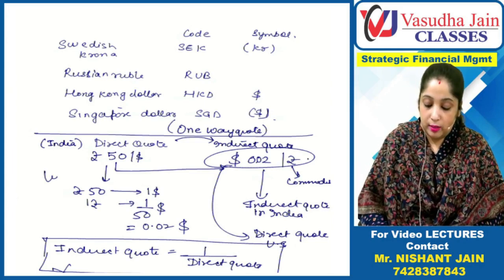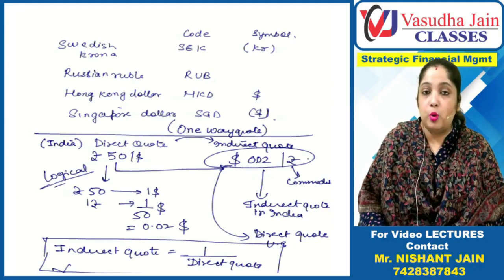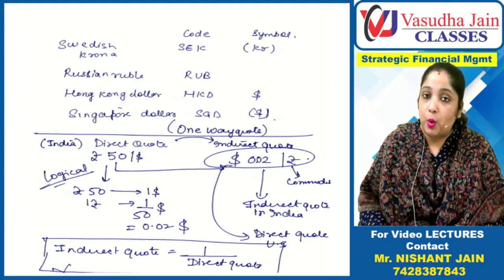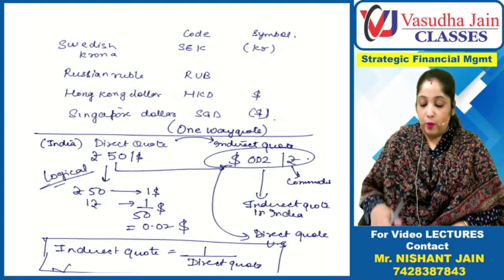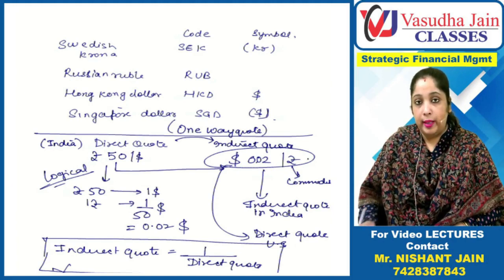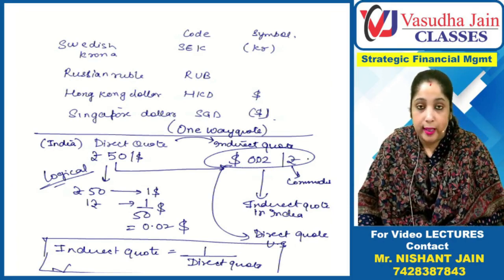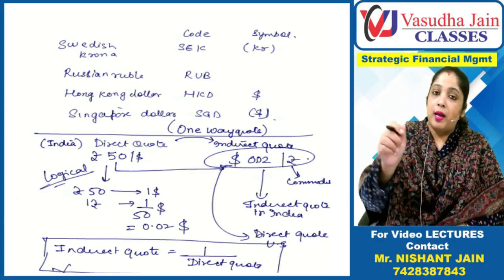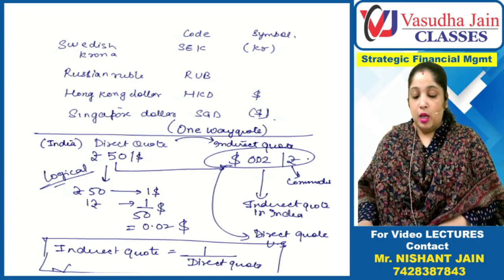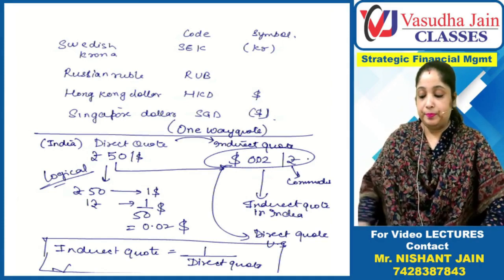And this is logical. By the unitary method, I have explained: 50 rupees is equal to $1. So 1 rupee is equal to how many dollars? Clear? Okay. So the rule is, if you want to convert direct into indirect, that is, make the price currency the commodity and the commodity currency the price, you just have to divide 1 by that quote. Okay. So now going back to the question that has been asked,